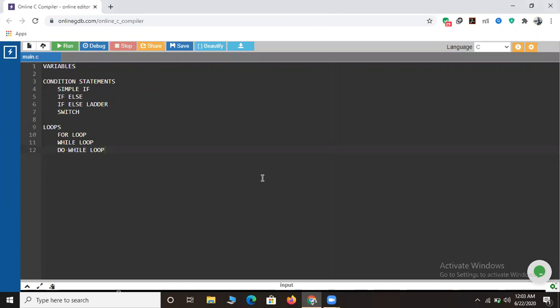In this session, we're going to learn about variables, condition statements which include simple if, else ladder, switch, followed by loops which include for loops, while loop, and do while loop. We'll discuss each and every topic with a proper example. Okay,